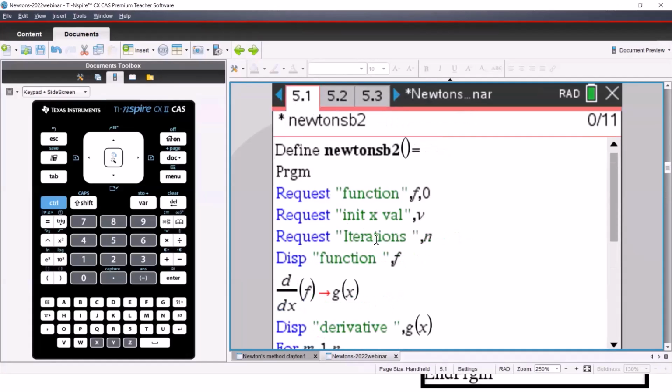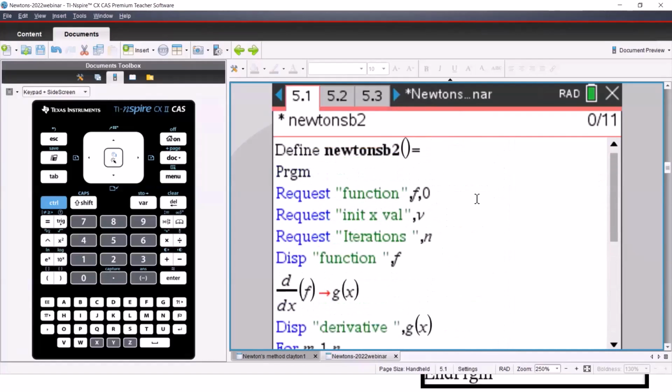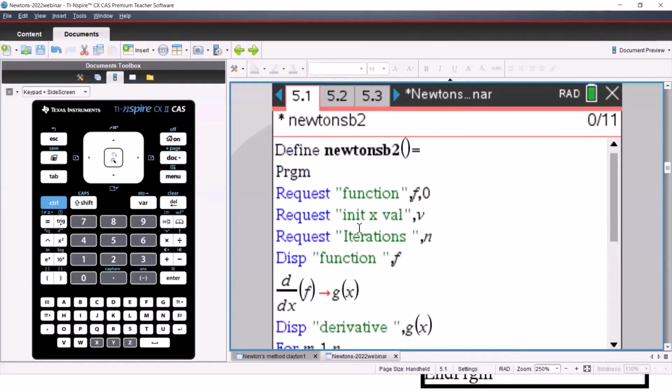This is another code that I have written in BASIC, which is basically very similar to what I have just done. So over here, it's saying I'm requesting the user to put in the function. So I won't run this. It's very similar to the one I just did, except that I didn't put the conditions over here. So if I run this one,